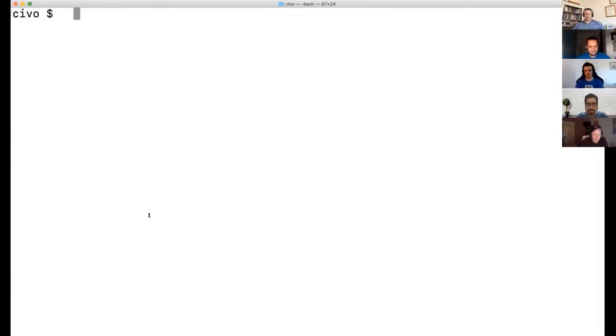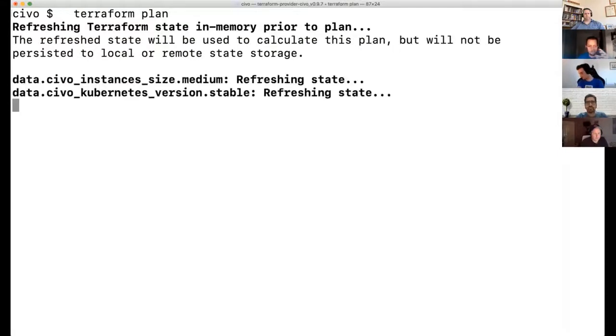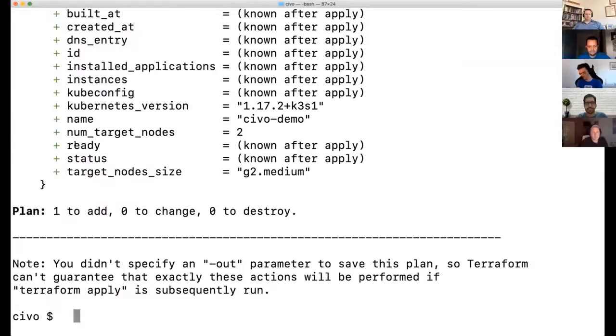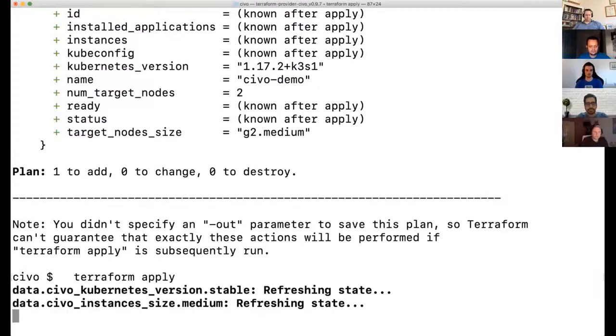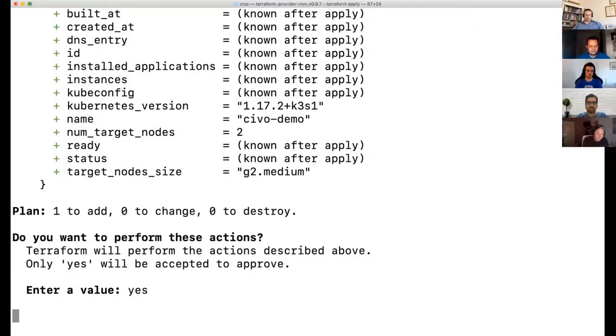If you want to create any resource from Terraform, you just do terraform plan. It will first check the state, like if there is any instance already created with this particular name. It will hit the API and get the result. It says it has one to add, with the name, the number of nodes, the size of the nodes, and the Kubernetes version. Then simple terraform apply. It'll ask whether you want to do it or not, so we'll give it a yes. And it starts creating the cluster.